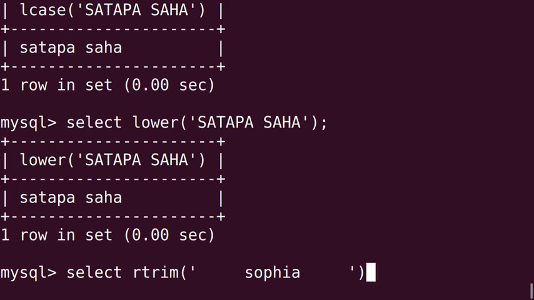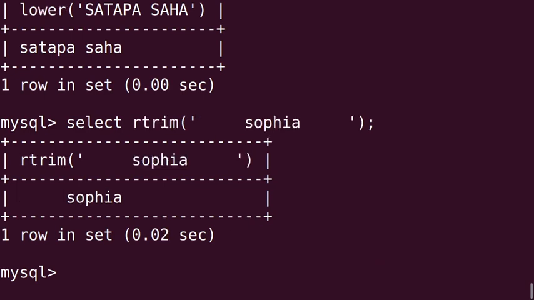So we are trying. See, here from the output you cannot make out whether in rtrim function the trailing spaces are removed or not. So for visualizing the thing we are taking help of concat function.